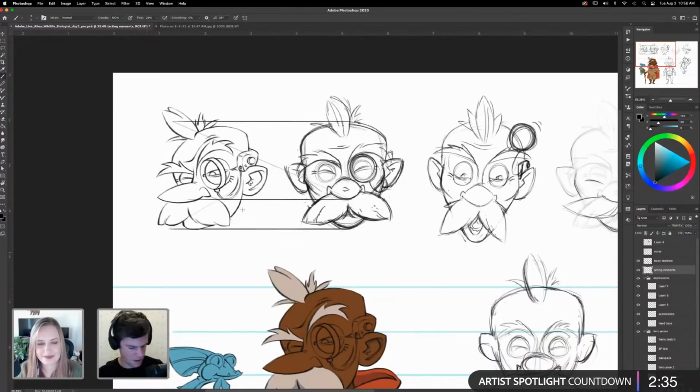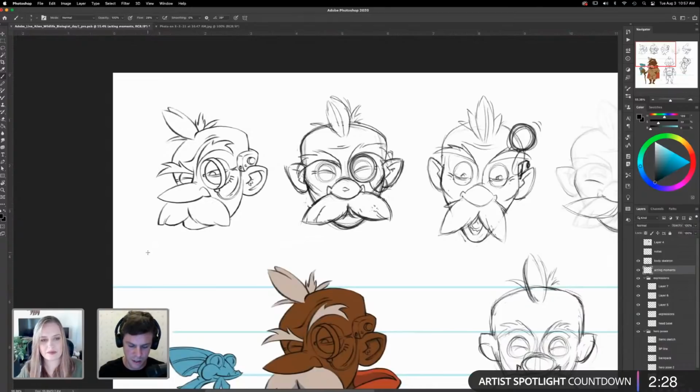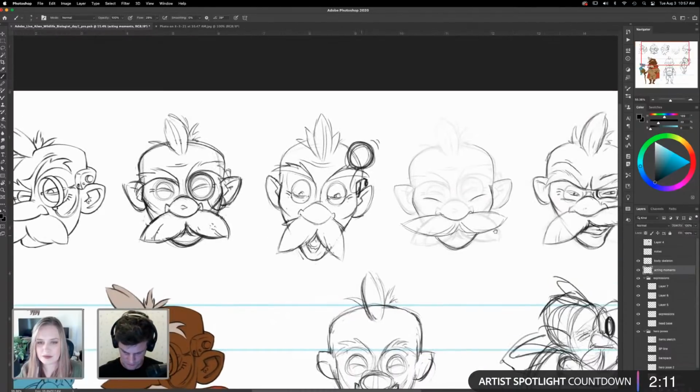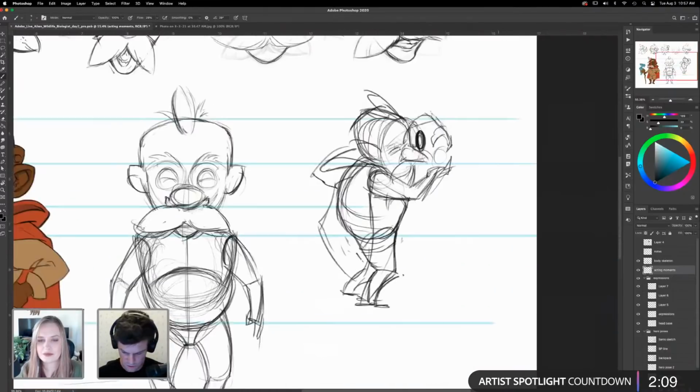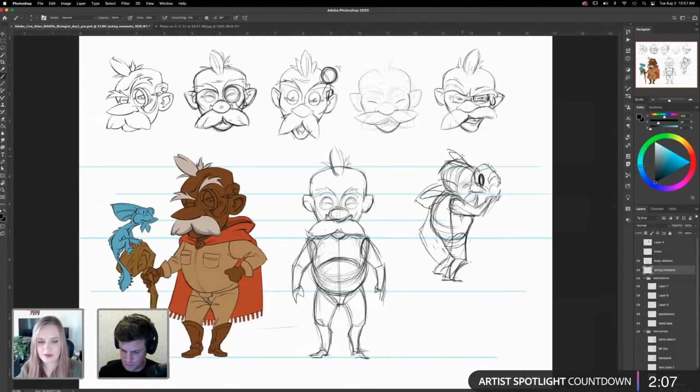But yeah, real quick with the head layout, again, you could do the same thing. It's basically what you do with turnarounds and everything. It just makes them really major point guidelines. And then it's kind of hard. You kind of just have to turn it in your head. Sculpting, 3D models, figure drawing, all that stuff is really going to help you figure that out. So yeah, when we come back, we'll do a few little poses.